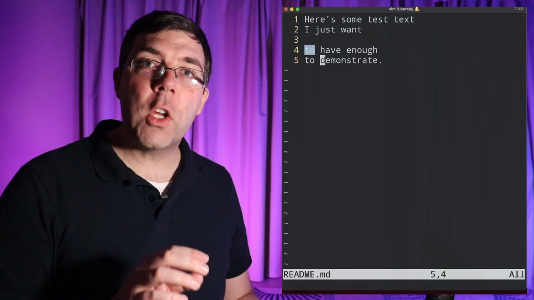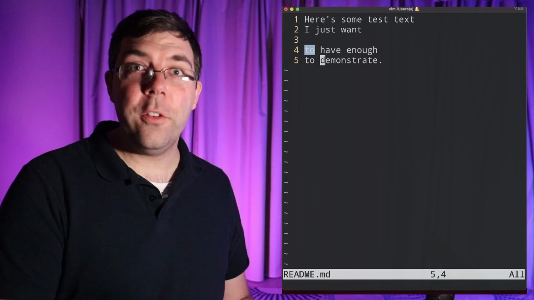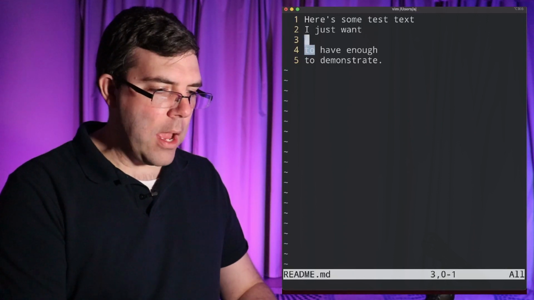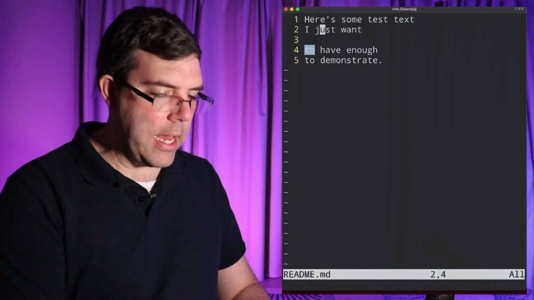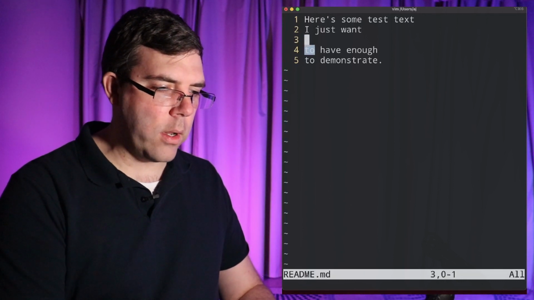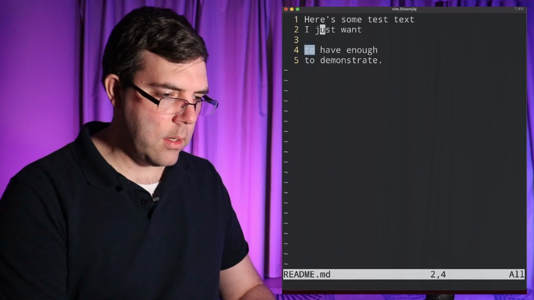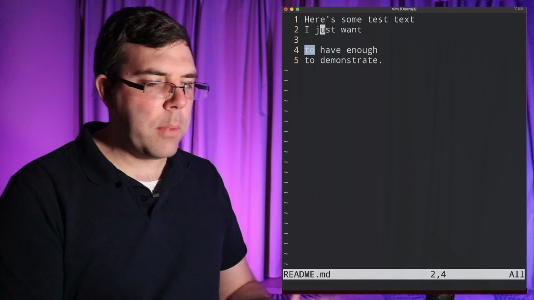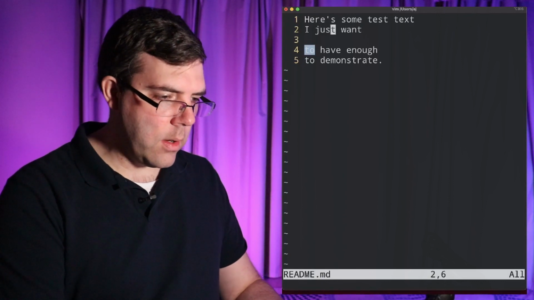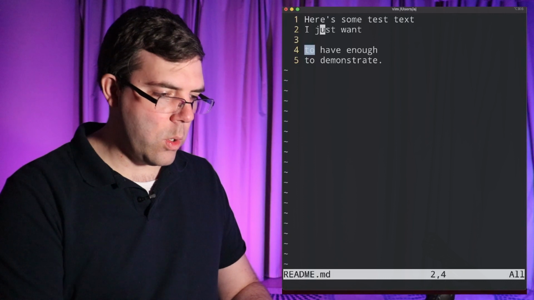And so Q does double duty. If you hit Control Q, it will unfreeze Vim. So if I'm moving around here and I accidentally, out of habit, hit Control S, well, it's not working for me right now. I must have done some sort of key rebinding or something. So it's actually not freezing. But anyway, when you come across that situation where it freezes, all you have to do is hit Control Q